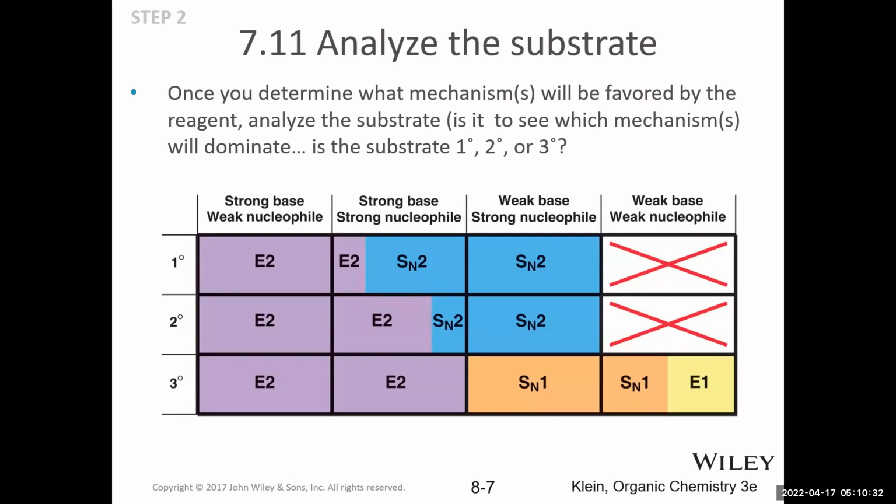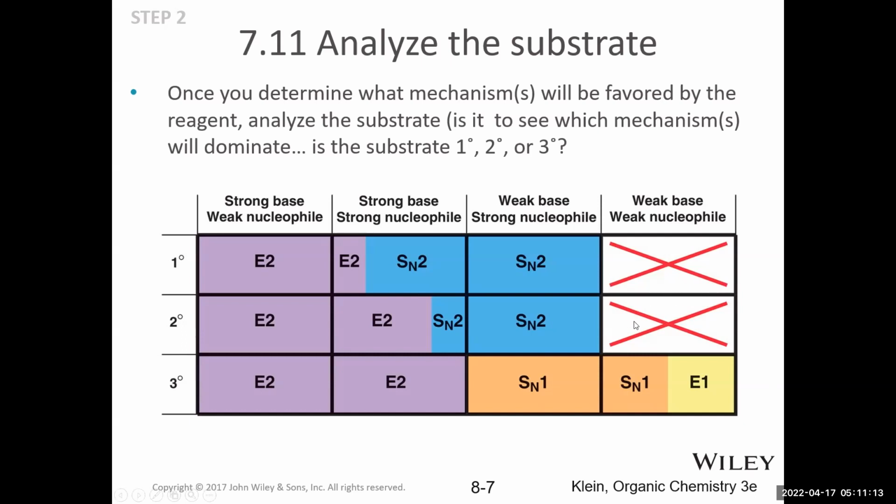And then the last category, again, the weak base, weak nucleophile, those are neutral reagents like water, methanol, and ethanol. Those favor tertiary substrates because the ionization step is rate determining, and tertiary carbocations are the most stable. And so those are the only ones that really occur with an appreciable rate. And those give a mixture of SN1 and E1 products. Again, which one is major can depend on the structure of the alkene product, how substituted and stable it is versus the substitution product, and whether or not the reaction is heated.